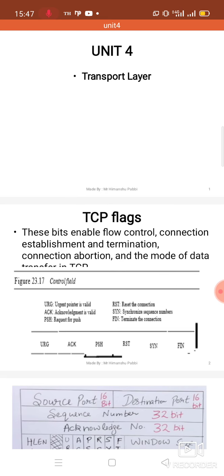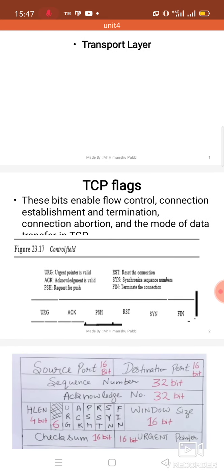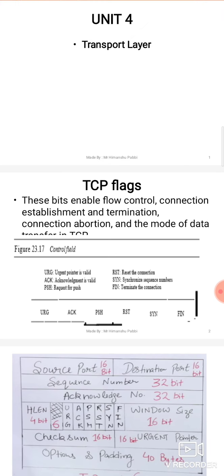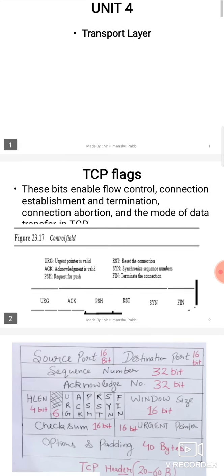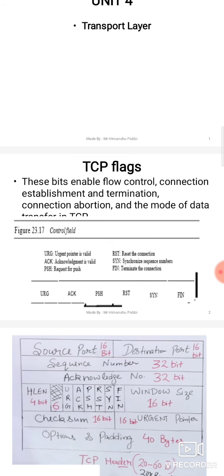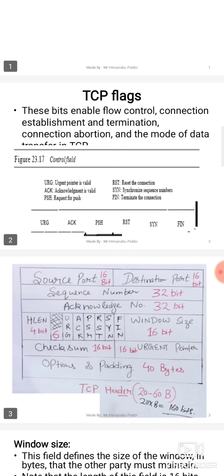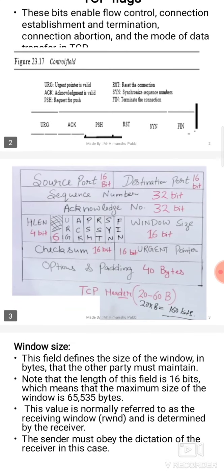We will be discussing the TCP header. As you all know, at the transport layer, a packet is known as a segment. A segment contains two parts, header and data. Data comes from the application layer and a header is added at every layer. So a header is also added at the transport layer. We will be studying the header in detail today.